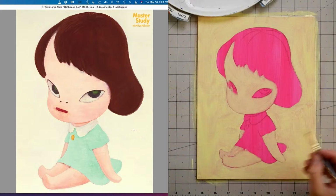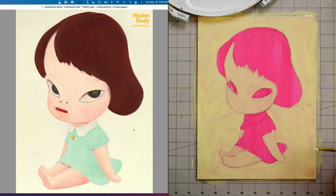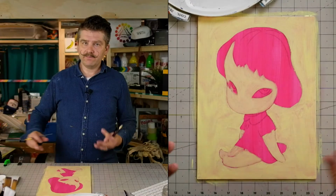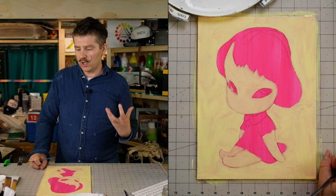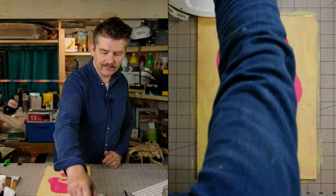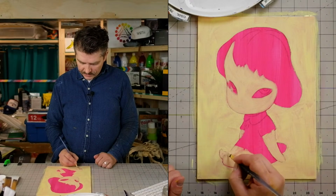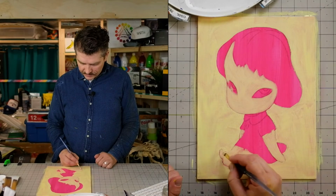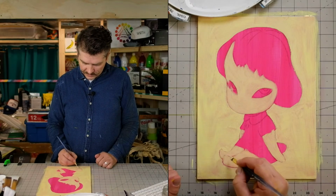But using this kind of traditional method of painting, these layers of paint, I think gives it a kind of complexity that we don't necessarily see often in the artwork of manga and anime. And I'm not deriding some of the great artists like Ito and Miyazaki and